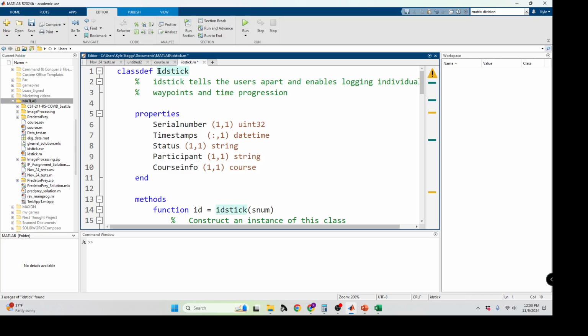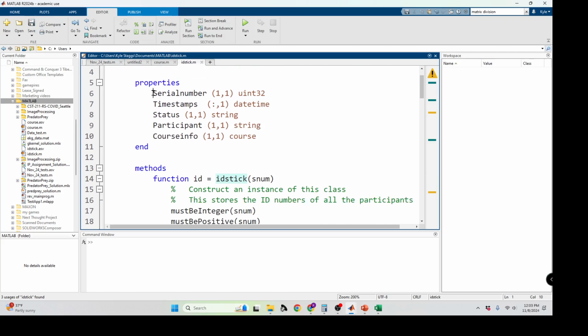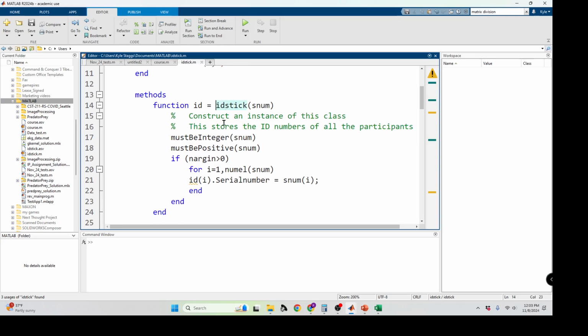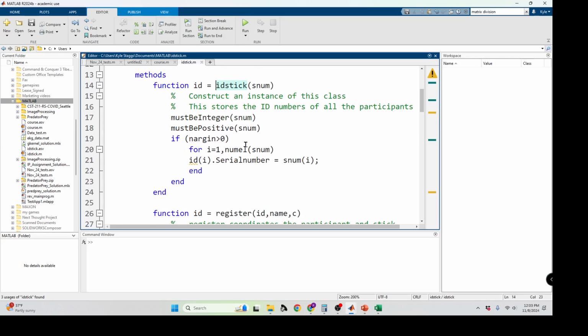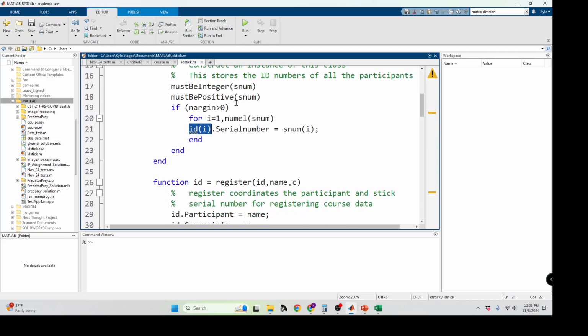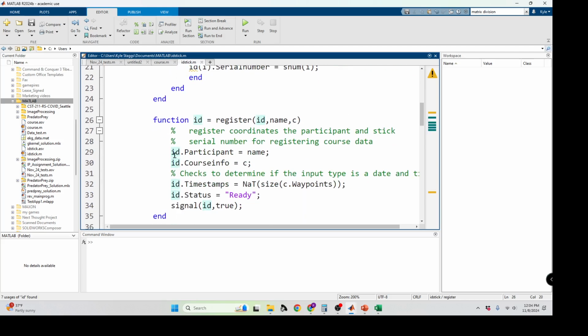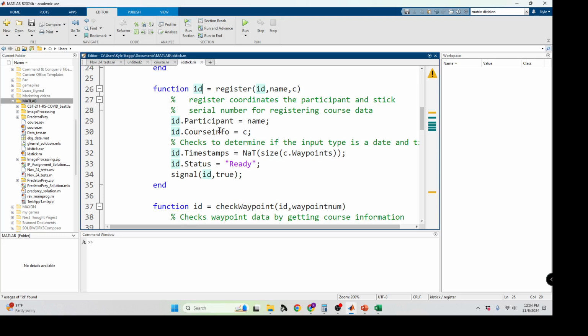We've got ID stick as our class. We have the properties that we're going to be using, and we have some data types associated with those. We have the constructor to build what it is that it's doing, and it's storing information to ID. ID is important because it needs this information. There's also going to be register storing information to this class, the participant, so the name, course info,